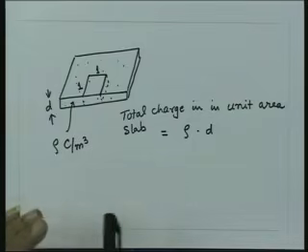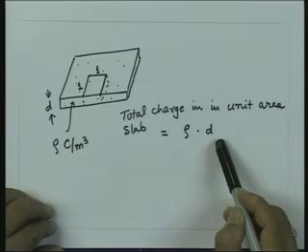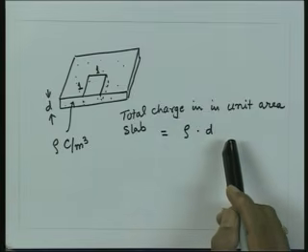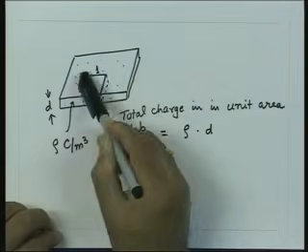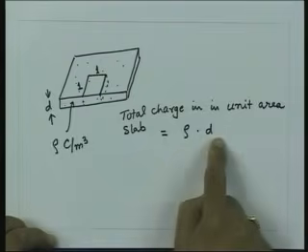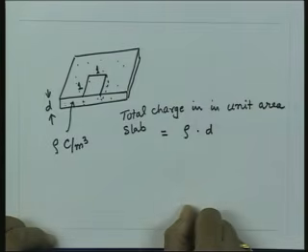So, if I have a situation where the volume charge density rho is infinity, but the thickness to which this density is confined is 0, I will see a net charge which is just on the surface, because this charge is now confined to a thickness of 0 width. So, since the thickness is 0, the charge will be just lying on the surface, and that charge now is in this area of unit area. So, if I take this quantity rho into d and take a limit when d tends to 0, I get